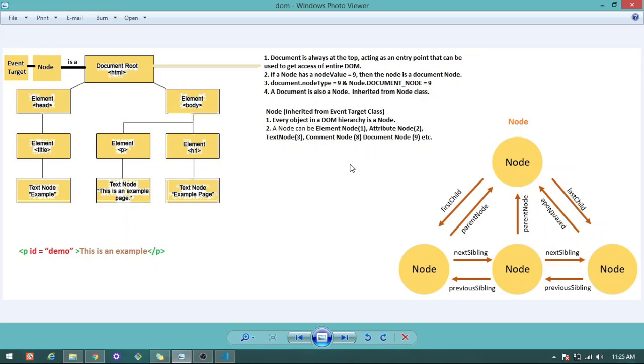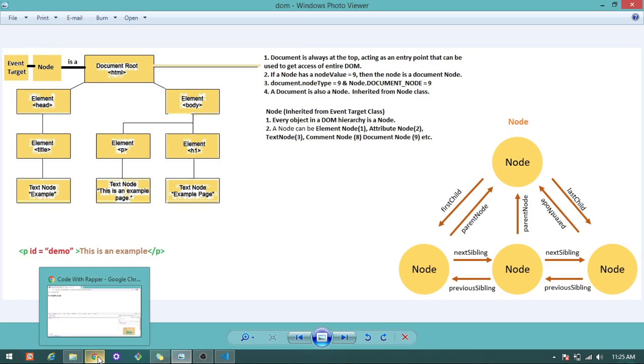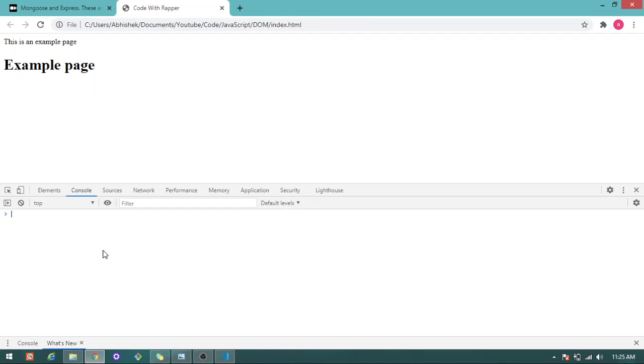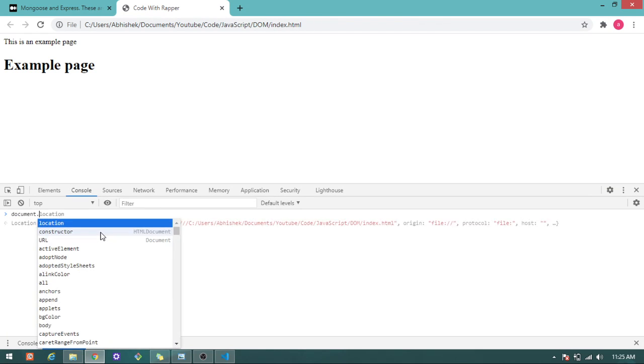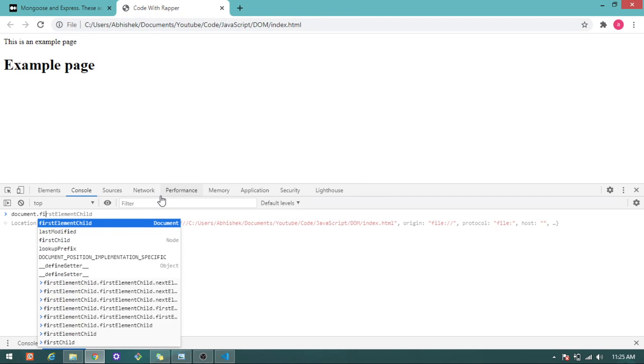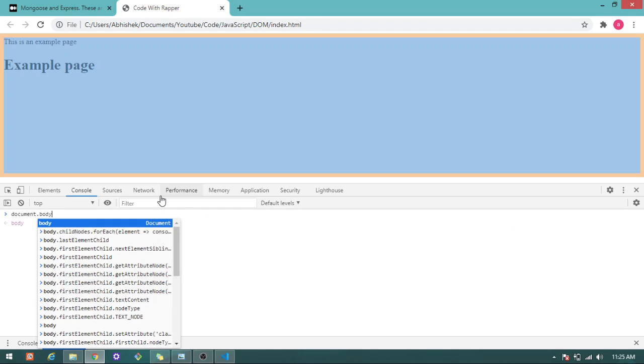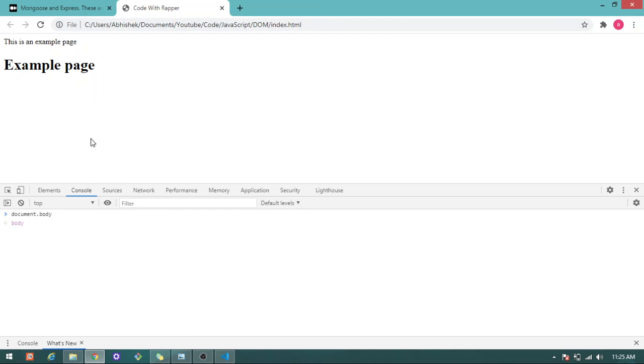If JavaScript wants to access this text node or this element node, JavaScript will follow this line. It will first go to the document, body, element. JavaScript first tries to access the document, meaning the whole screen, then document.body, because if I want to access this paragraph, the paragraph is inside the body.